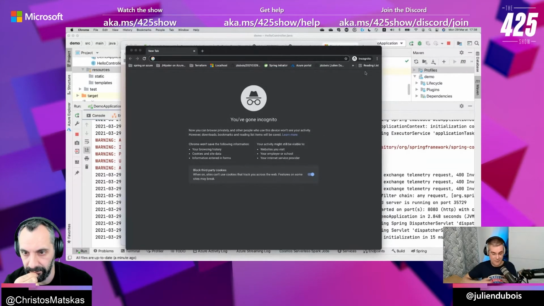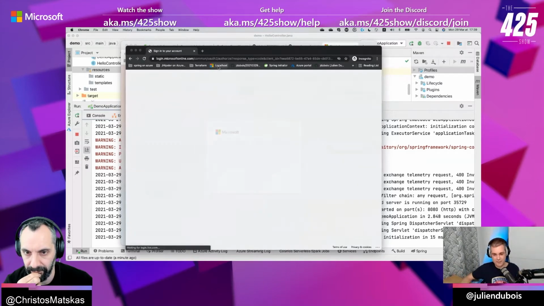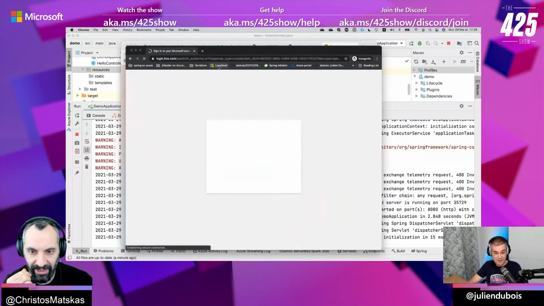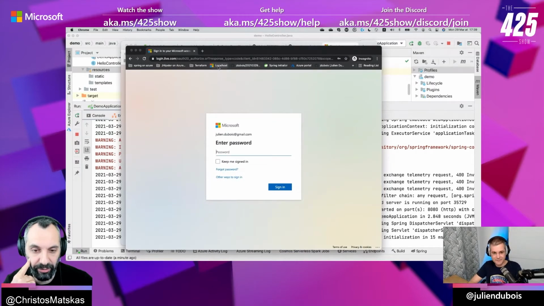I'm a Microsoft employee, so I'm not going to cheat by using my Microsoft ID, because maybe people will say that, because I'm from Microsoft, I'm doing something. Here, I'm doing my own personal account, my own Gmail account, so nothing specific about Microsoft here. Is that a Microsoft account? Yes, that's my Microsoft account. My personal OneDrive is on it, for example. That's my password, by the way, to my own account, which I need to remember now.